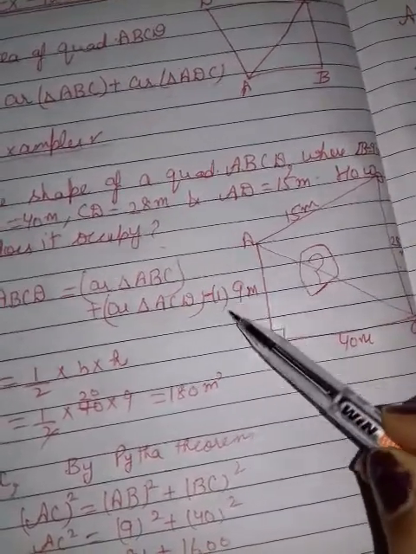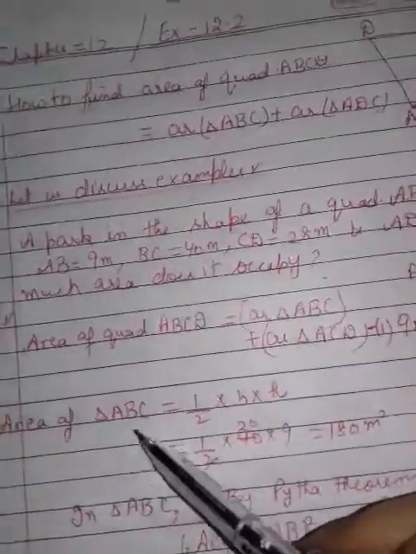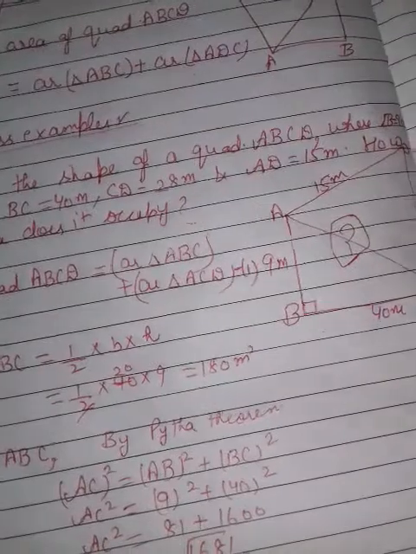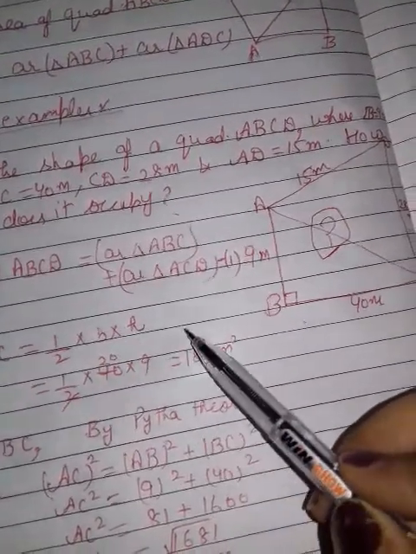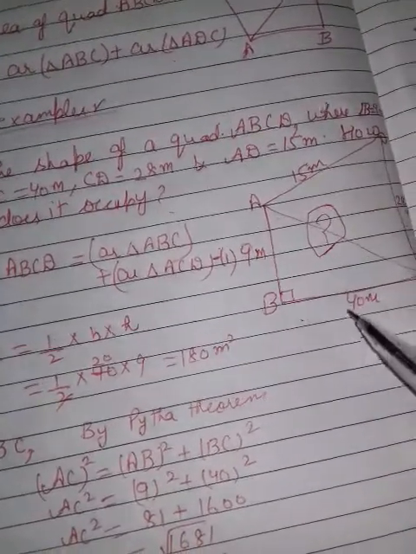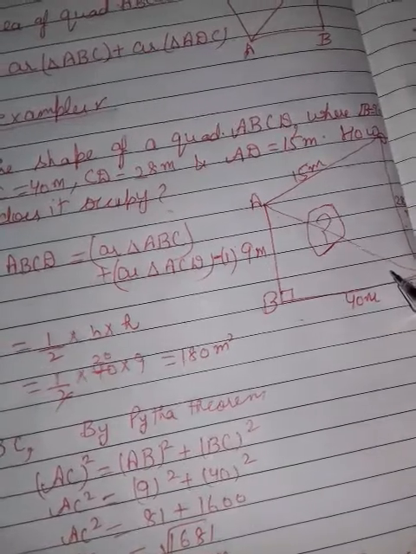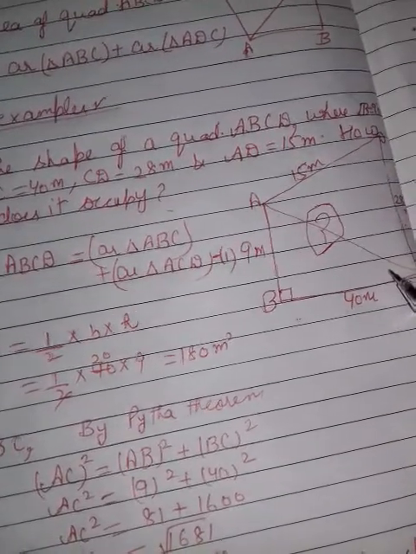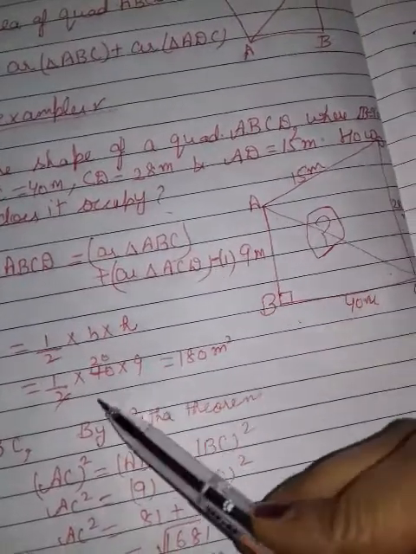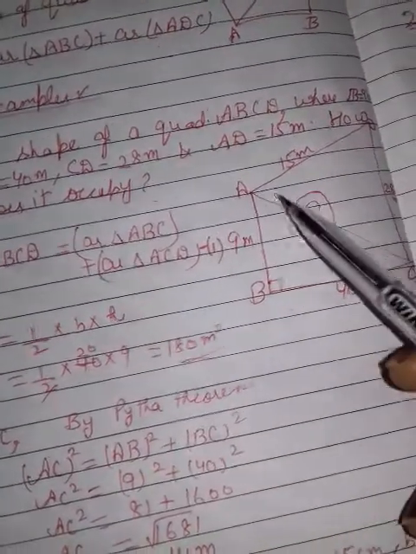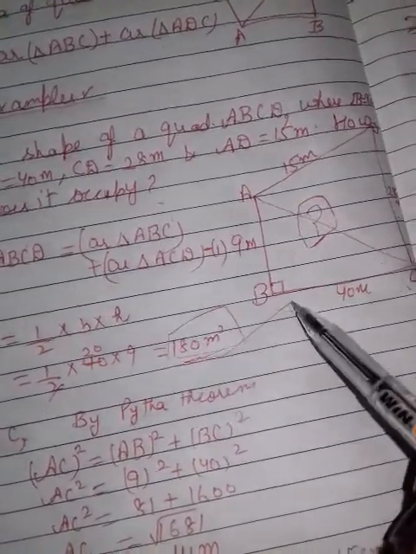I have taken it first. Now you know this is the area of triangle ABC, and this type of figure is a right angle triangle. So you can use half into base into height. Because two sides you have, the third side you don't have, you can't put Heron formula. If you have to find using Heron, then you must have three sides. But by using half into base into height, you now get the area of ABC as 180 meters square.